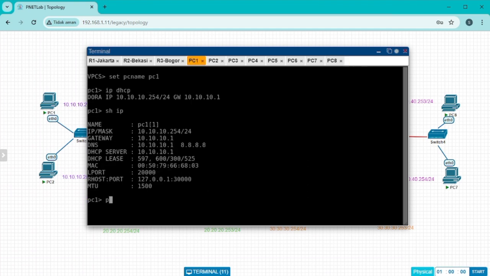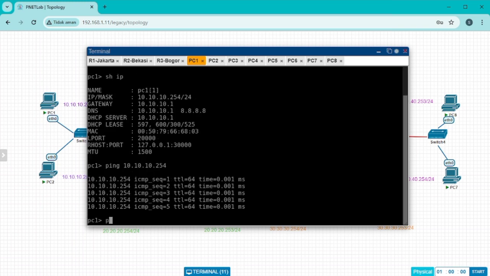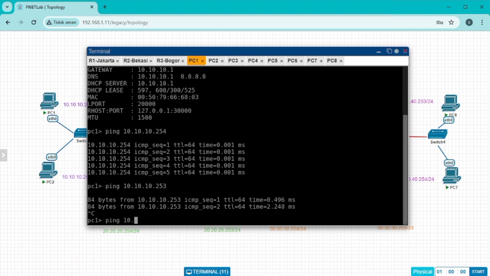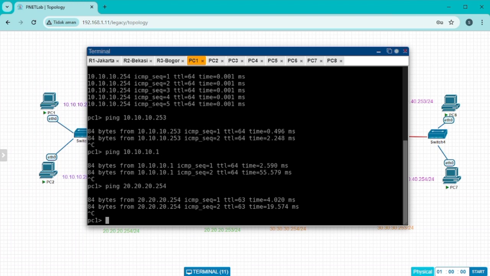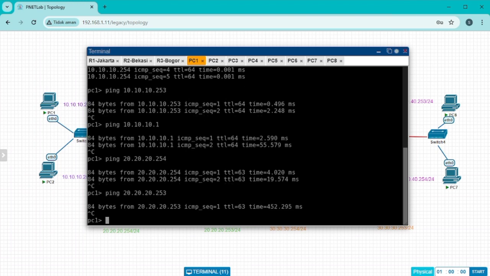Next, log back into PC1. Next, do a ping between the client and router, then the result will be TTL, meaning the client and router are connected to each other.